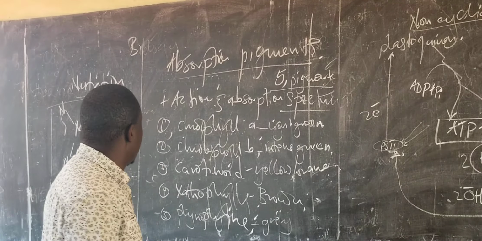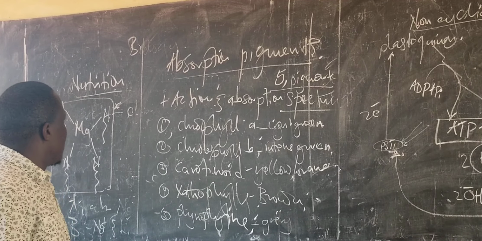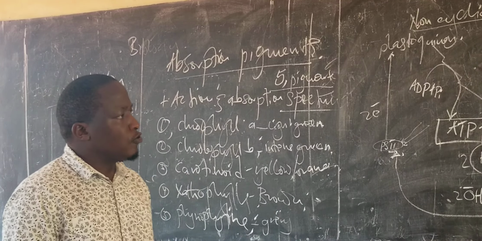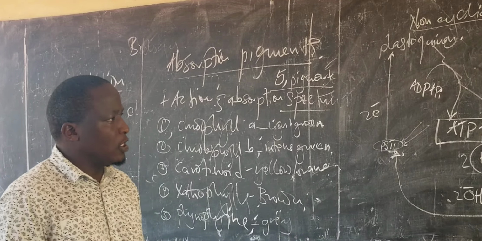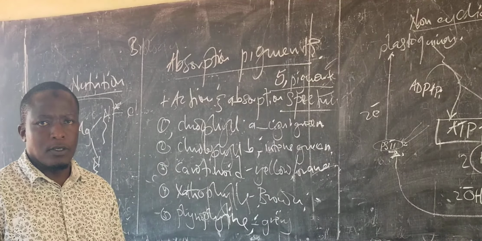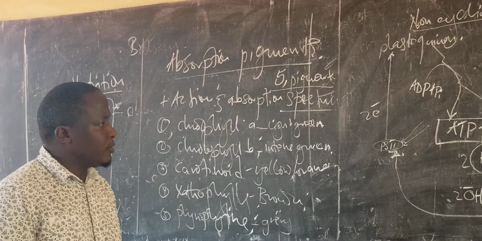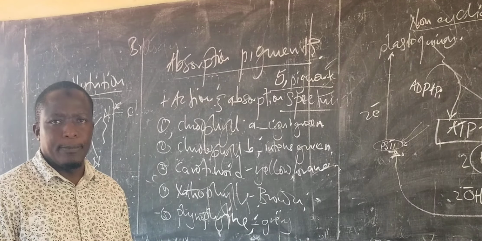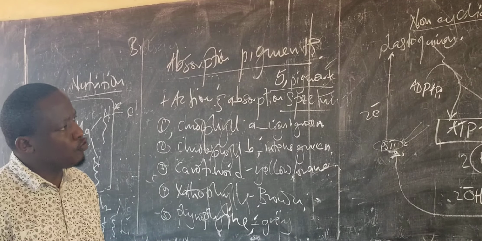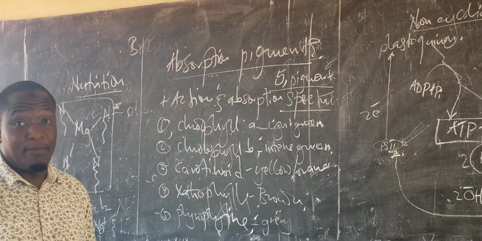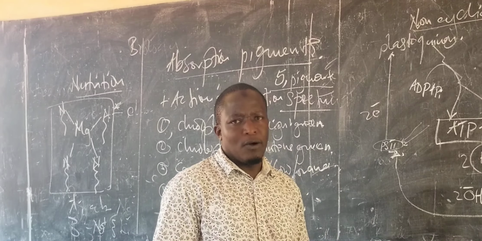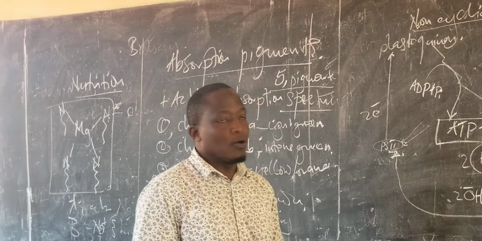Number 2 is: Describe the structure of the chlorophyll molecule. Part B: Distinguish between action and absorption spectrum. And finally, part C: Describe how the chloroplast